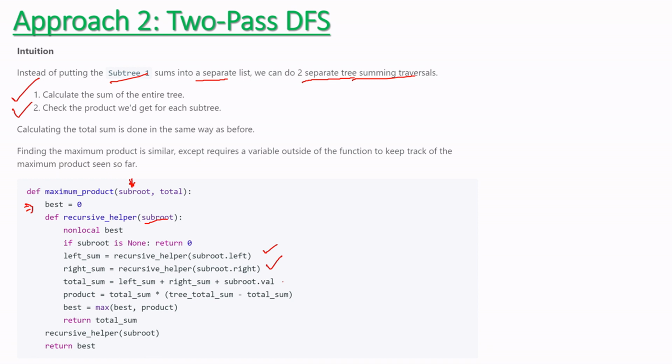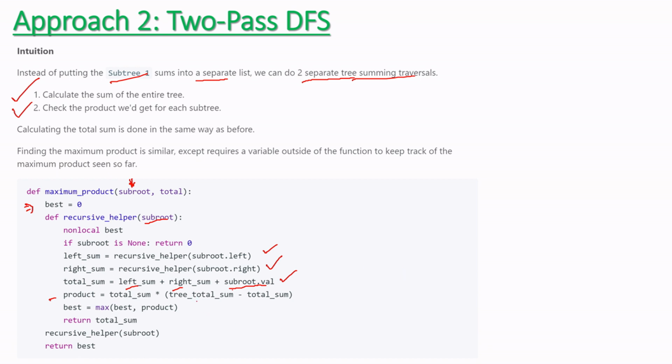We calculate the left sum and right sum, then find the total sum: right sum plus left sum plus root value. Then we have the product, and we multiply the total by